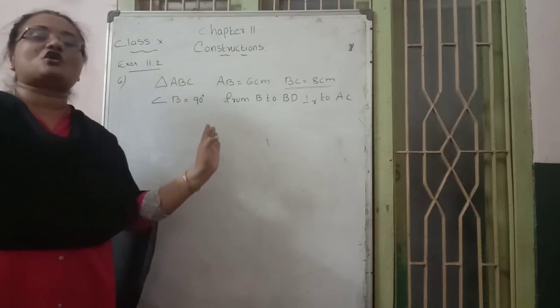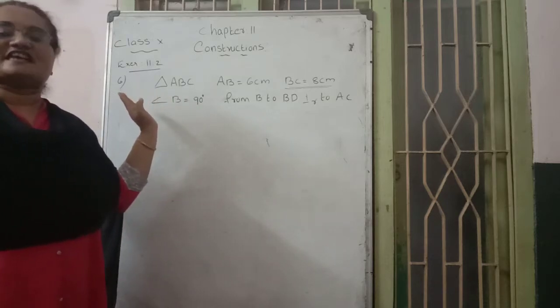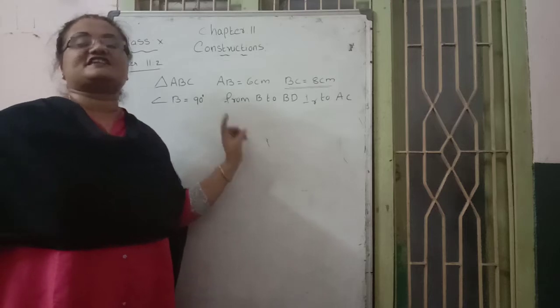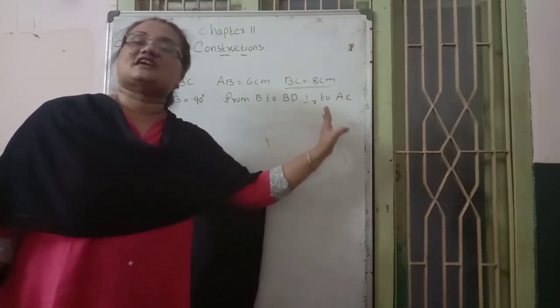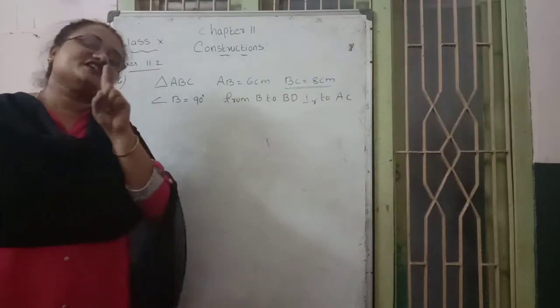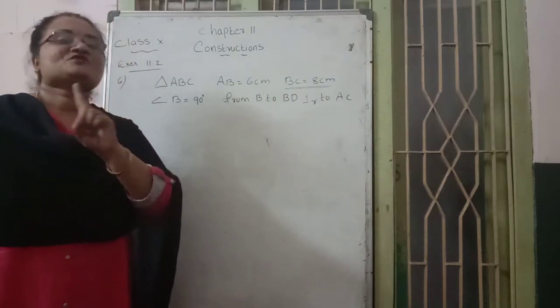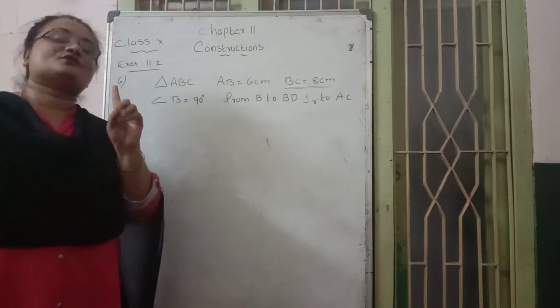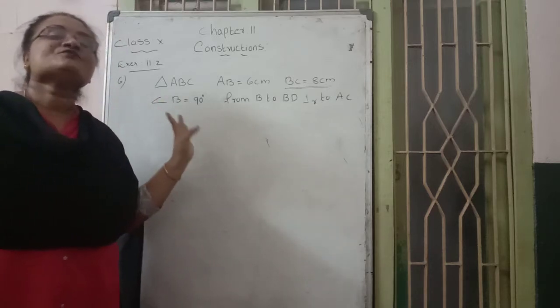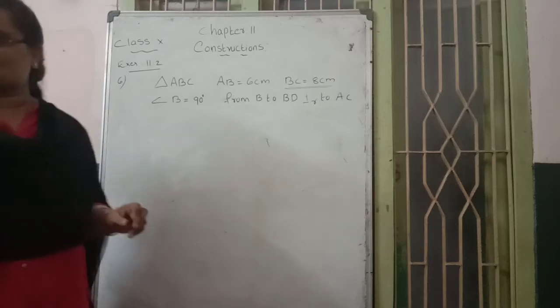Through B, draw a perpendicular to side AC. They say like that. Then afterwards they tell us to construct a tangent from point A. Construct a tangent. One tangent is enough, the second tangent is already there. So construct a tangent from where? From point A. That is the meaning of this question.